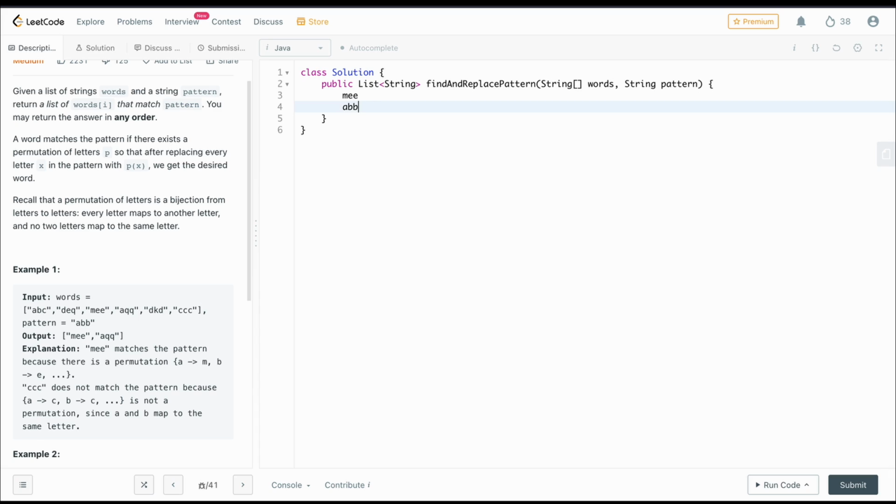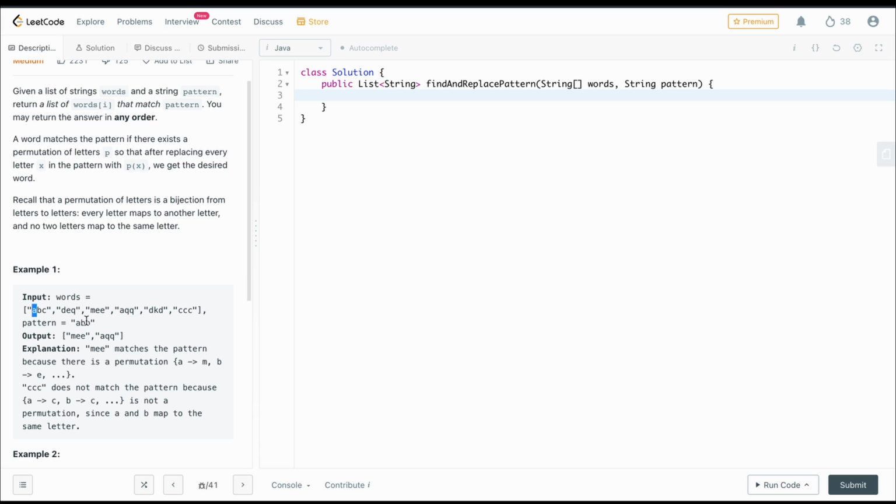To solve this question, we would create two maps. In the first map, we put every character in the pattern mapped to the corresponding character in that string, and in the second map we put every letter in that string mapped to the corresponding character in the pattern.